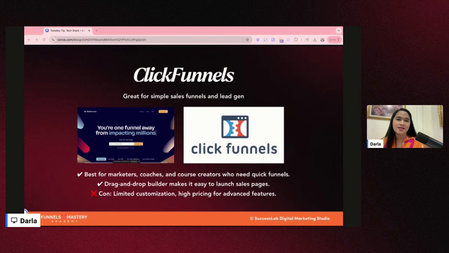Unlike in High Level na pagdating nila sa loob ng platform, overwhelmed na sila na, oh my gosh, where am I gonna click? Should I click this? Should I do this? Should I do that? Because it's very, very complex. There's a lot of options. But in ClickFunnels kasi it's very, very straightforward. Click mo yung funnels and then you will see the list and then you will see the builder. The builder is very straightforward as well. Literally drag and drop. Okay, so nothing extravagant.